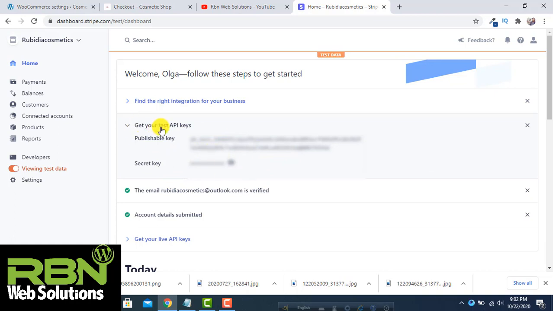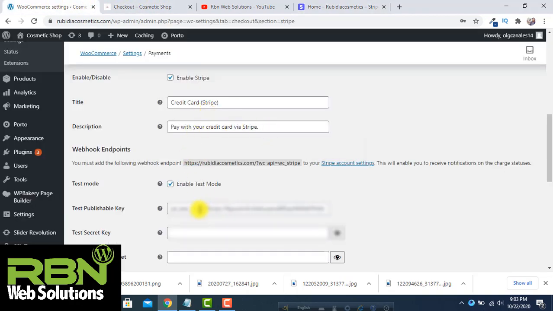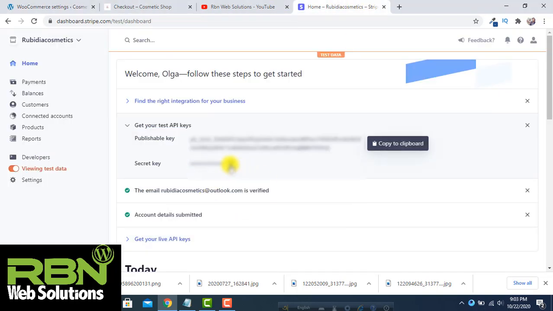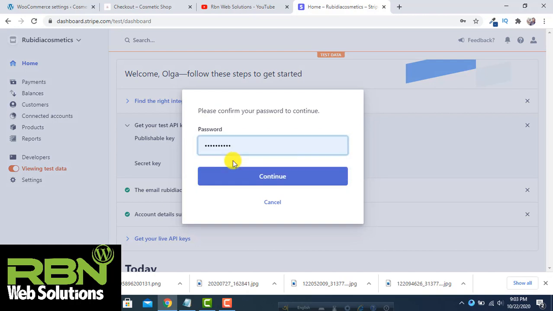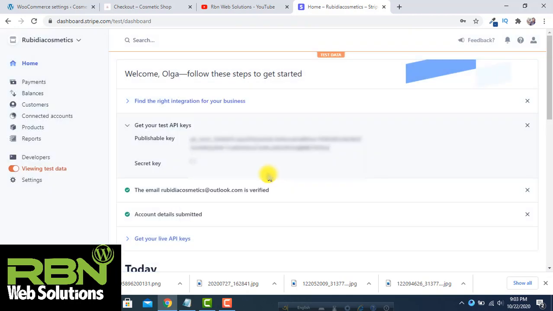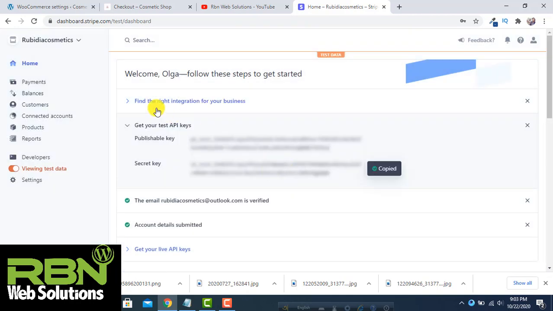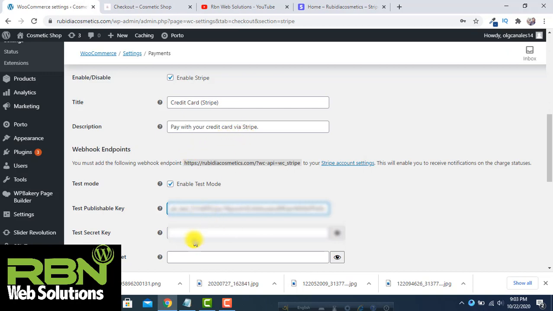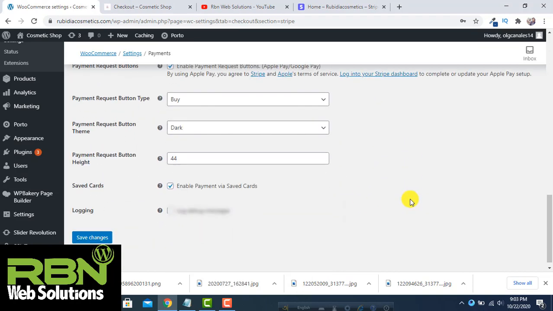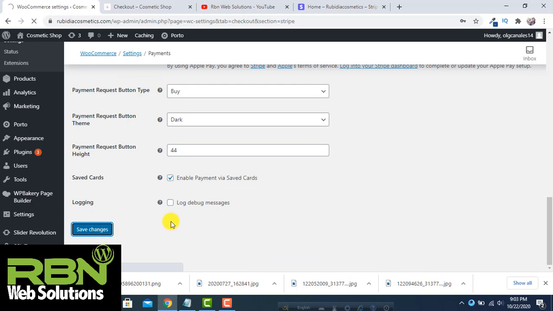Those are test API keys, so you have to copy the test publishable key and then put that here, and again copy the secret key, copy it and put it in the secret key box. After that, simply click on Save changes.